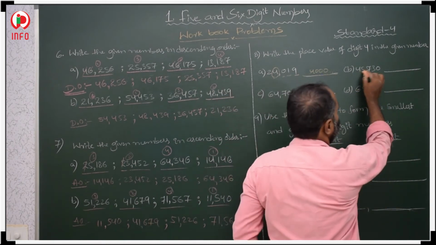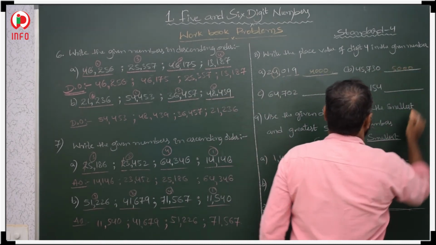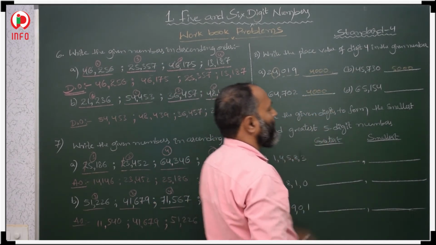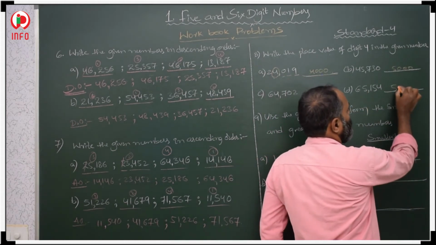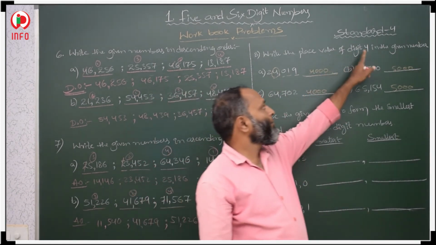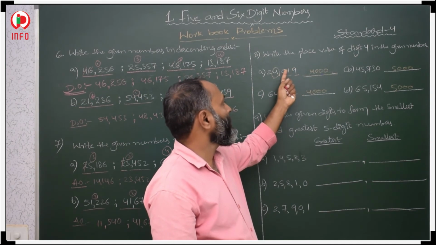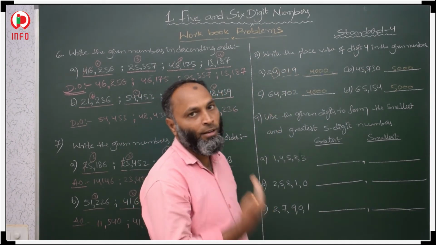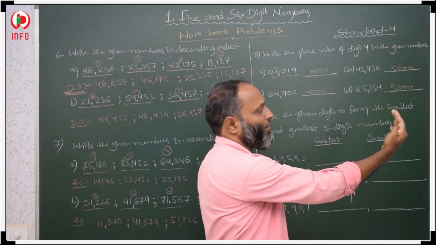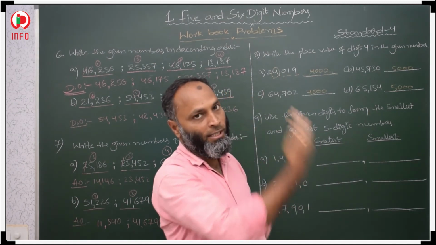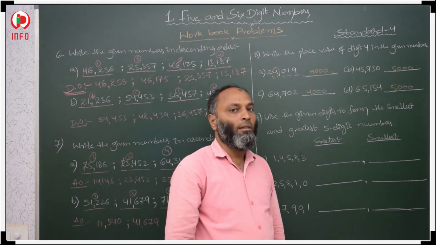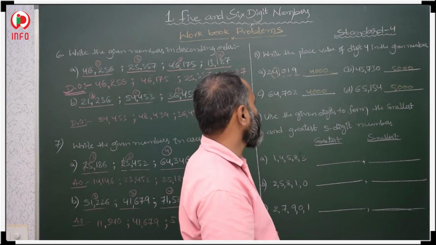Here the digit 4 is in the thousands place, that is 5,000. In the next one again 4, that is 4,000. Here again 5 is in the fourth digit, that is 5,000. You count from right to left, don't count from left to right. It is a standard form, so we start counting from the ones place only: ones, tens, 100, 1,000, like that. For the remaining questions, count from right to left, check what is in the place, and write that.